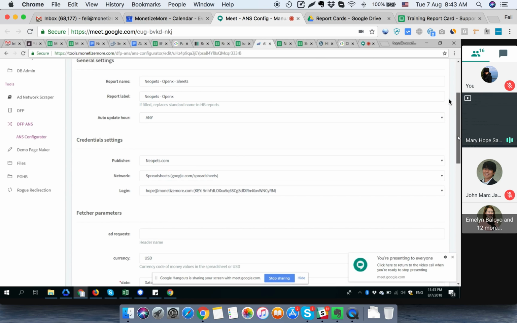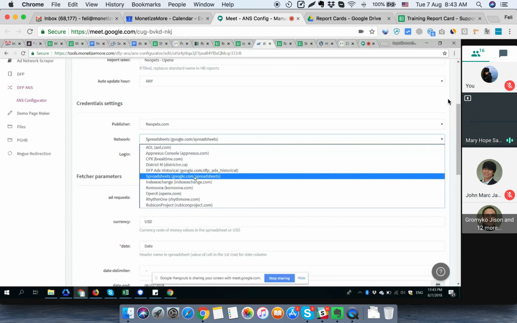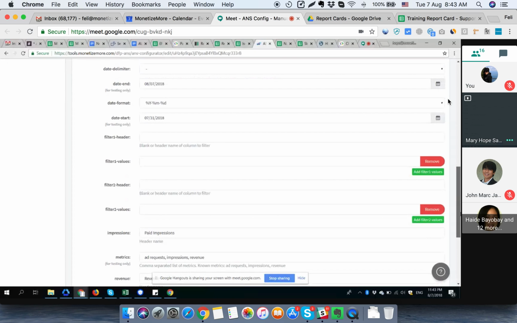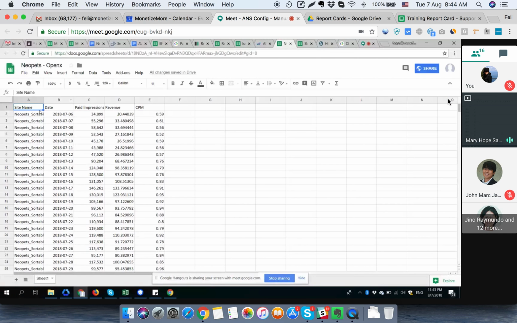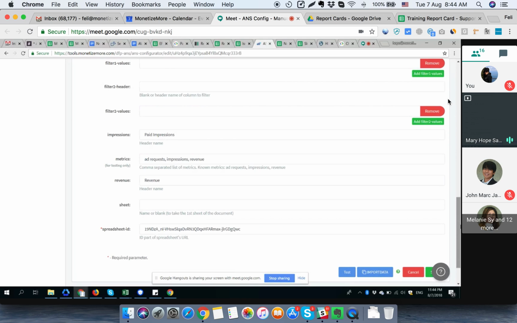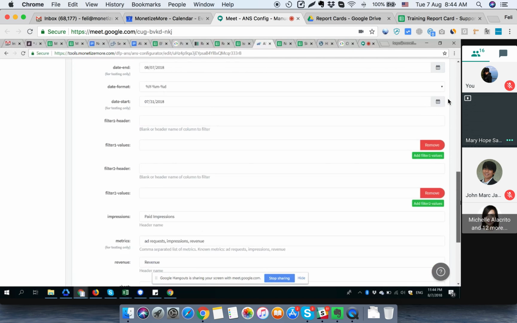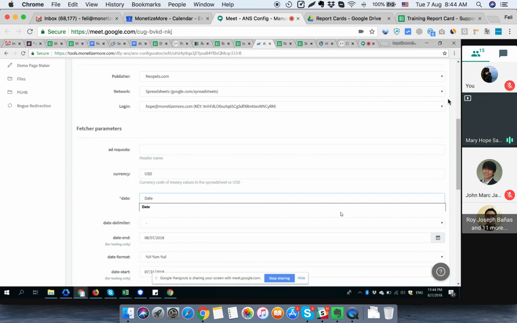Here you select the publisher, and once you've created a credential, you'll see the spreadsheet network here in the drop-down list, and here's the spreadsheet I created. This one is important. The header should be, not necessarily the same name, but you'll have to enter the header name in this parameter. For example, for date, you'll have to enter the header name here for the date. So that's date, and